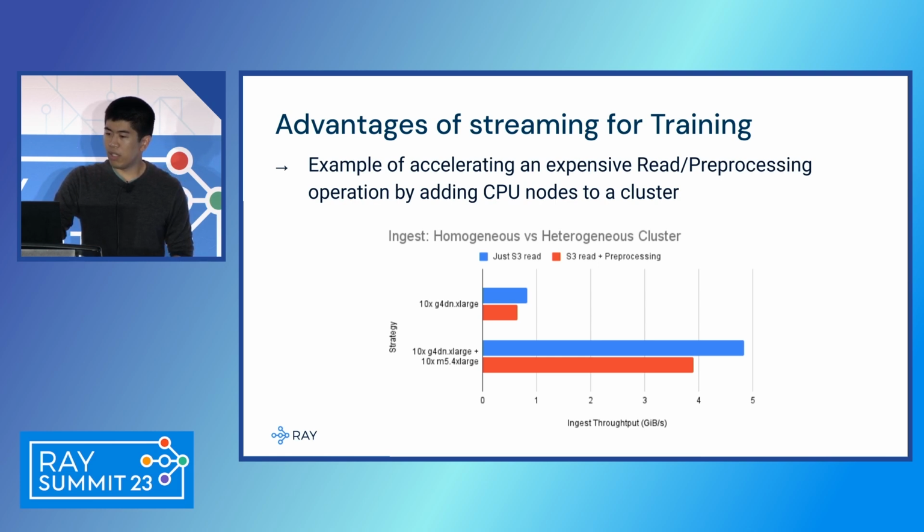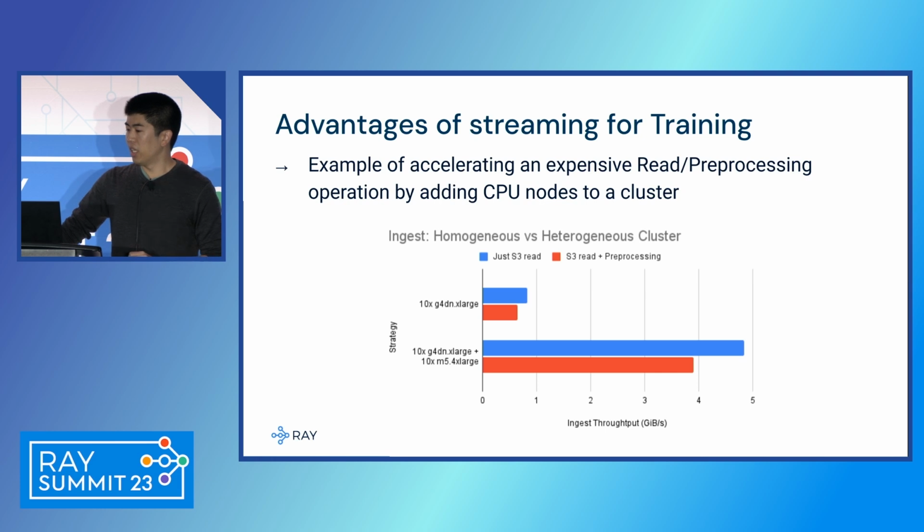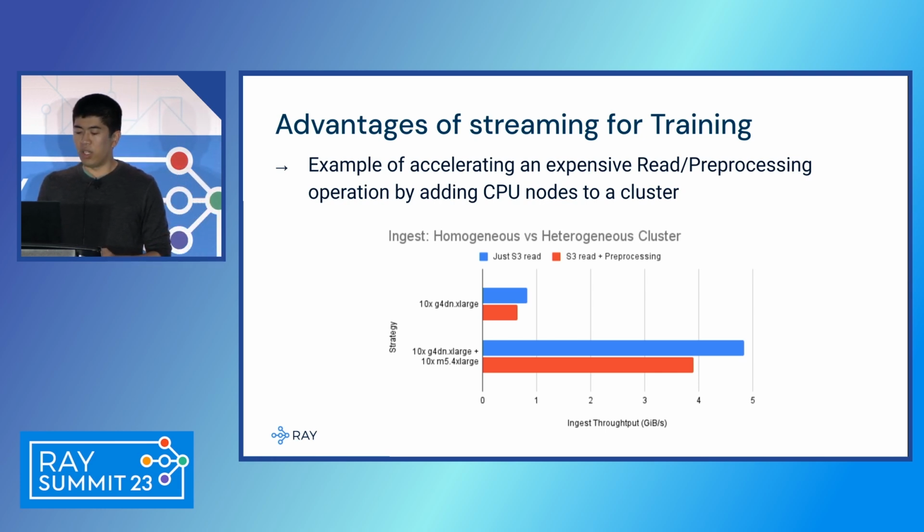There are many interesting advantages to using streaming for training. One very common use case is to accelerate the read or preprocessing operation. For example, if your training is actually bottlenecked by reading I/O from S3 or preprocessing your data. So here is a very simple benchmark I put together. I set up a PyTorch training cluster with 10 G4DN nodes, so one GPU each. And I first tried running the job with just those GPU nodes. And it turns out in this case that I was only able to